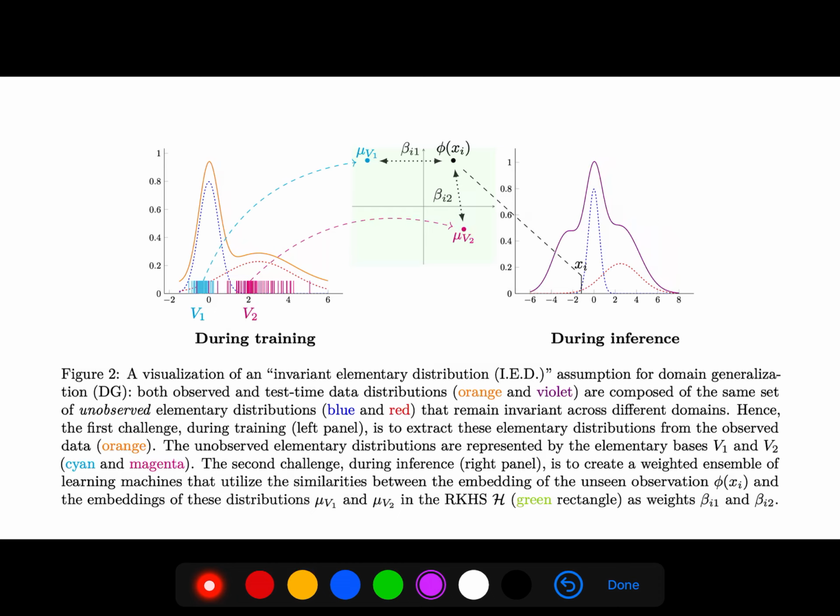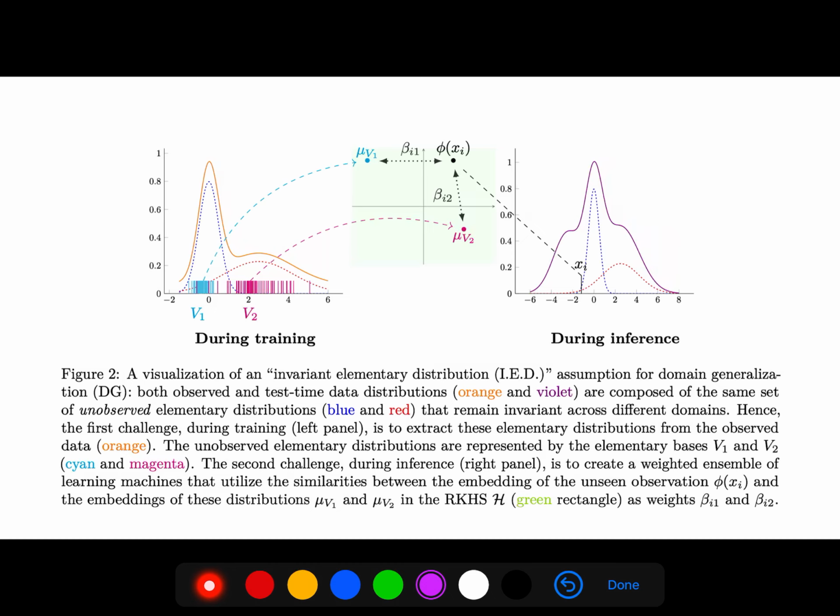The unobserved elementary distributions are represented by the elementary bases V sub 1 and V sub 2. The second challenge during inference is to create a weighted ensemble of learning machines that utilize the similarities between the embedding of unseen observations and the embedding of these distributions in